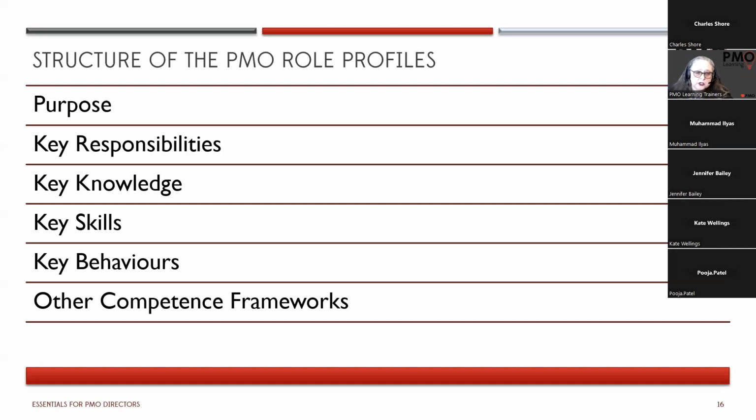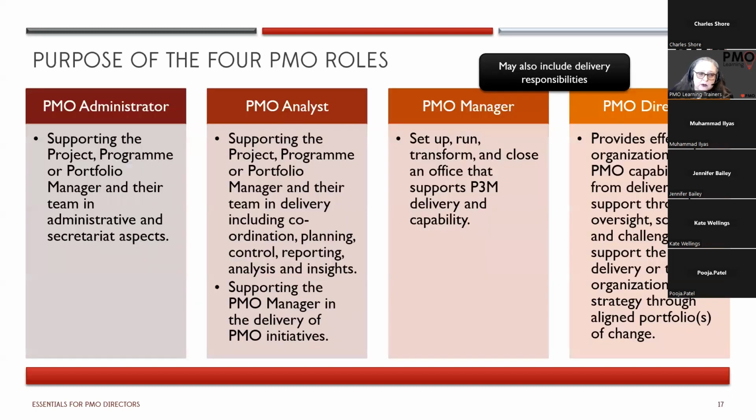So I thought it would be useful to have a quick look at the role of the PMO director. Oh, there we go. There we've got the purpose of the 4 roles. So PMO administrator, very much around supporting the P manager, whatever that P stands for, the P manager and their team, primarily focused on the administrative and